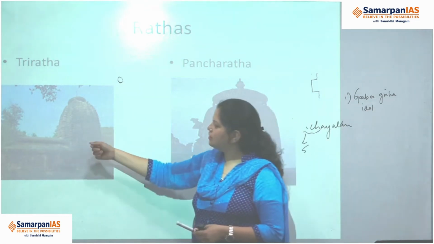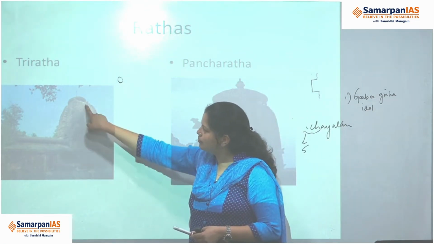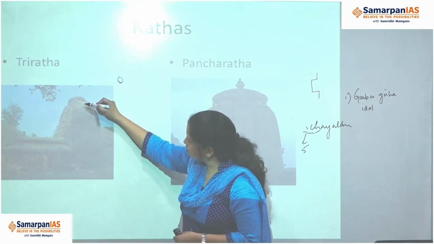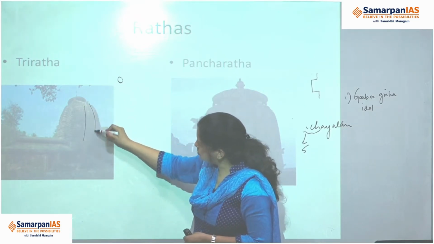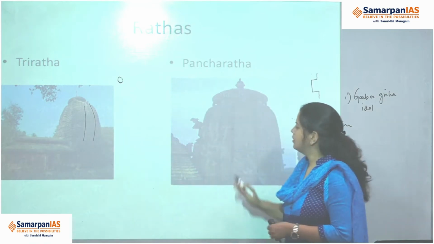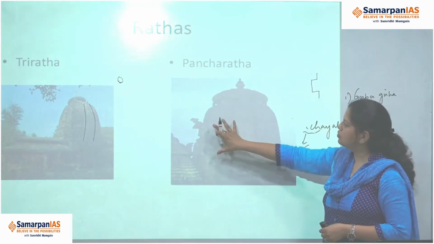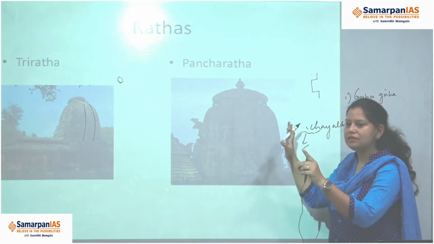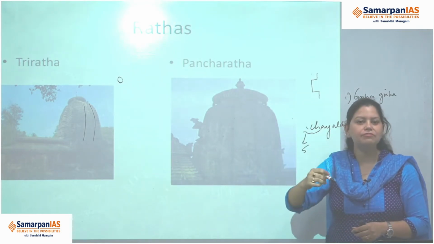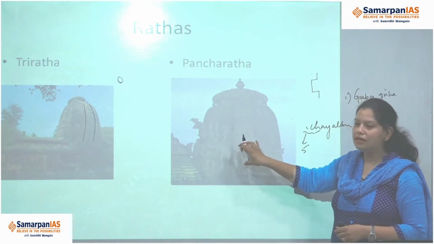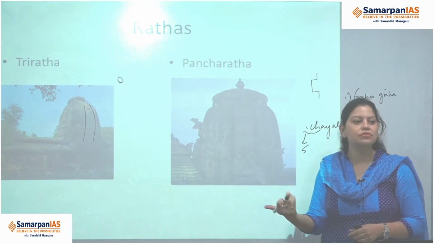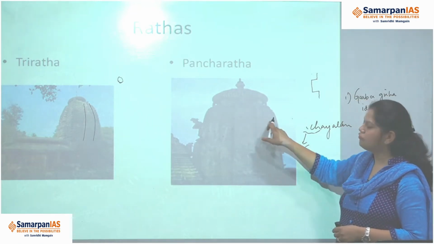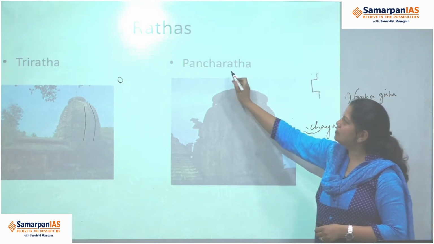Like you can see Triratha. Here the wall is divided into 3 parts: this is 1, this is 2 and this is 3. And here this is Panchratha. So the wall was divided into 5 parts. A wall which should have been straight was now divided into 5 vertical layers. So there can be carving from outside as well as from inside. This is divided into 1, 2, 3, 4, 5, and this is known as Rath.